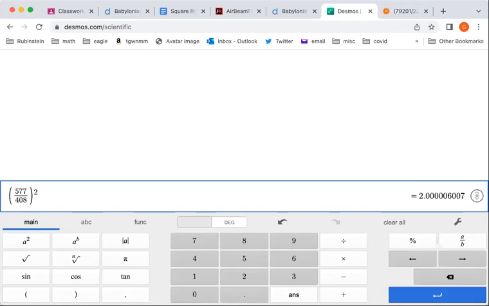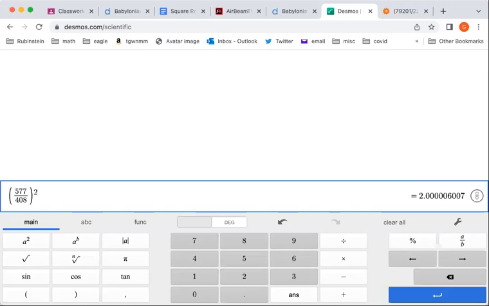And now to cycle back to YBC, the Yale Babylonian Collection. Remember, it was 1; 24, 51, 10. There's speculation that that was their approximation for 577 over 408, or at least a close approximation to that. No one really knows for sure, because I found that if I change this 10 to an 11, it's actually a little bit